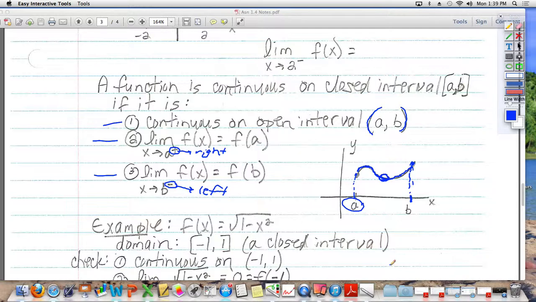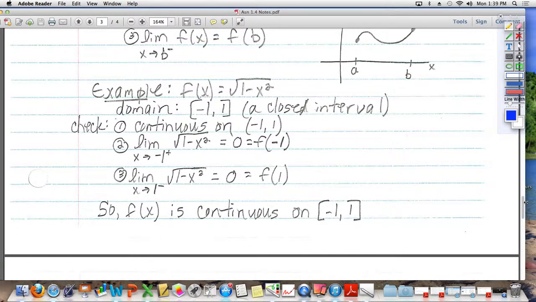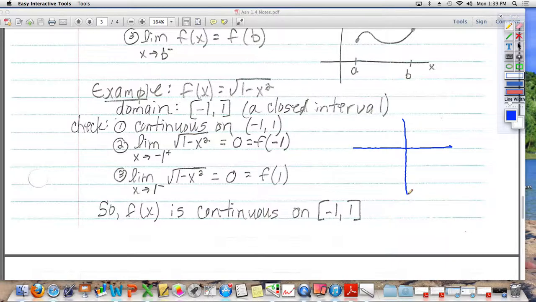All right, I have one example. Type it into your calculator, please: square root of 1 minus x squared. I believe you get another semicircle, am I right? Yep. Graph looks like this. And this graph is only defined, would you guys agree, from -1 to 1. Yes? So my question to you is this: